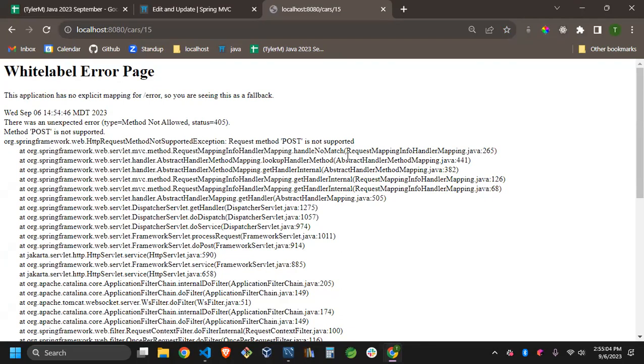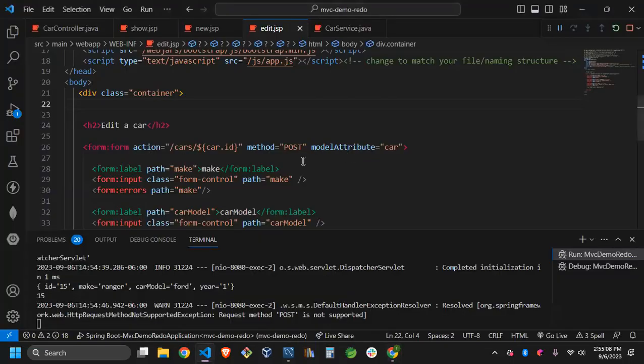Is there a method post on your form? Yeah. So I'm posting. Aren't you doing put or something? Yeah. So we want to do put. So the way put works,